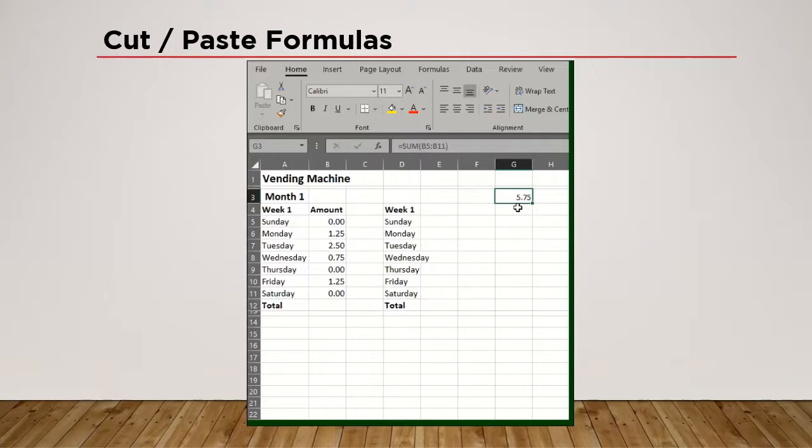Now your eyes may tell you that that number that's in G3 should have something to do with column G, but when you look at the formula bar, oh man, it is still referencing column B, the sum of B5 through B11. So again, we might even write something about total of week 1 so that we understand what that